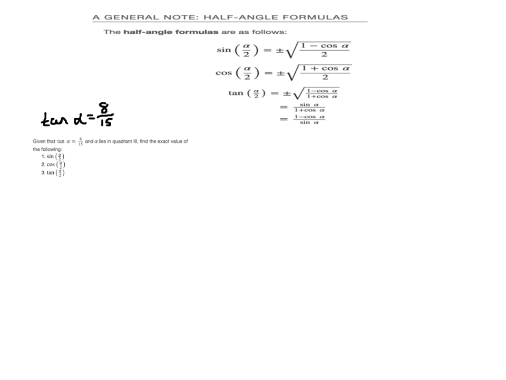Well, all of these formulas that I have, they all deal in sine and cosine, and they're asking me to find the sine, the cosine, and the tangent of the half angle. But all I have is that the tangent of the actual angle is 8/15. So what I need to do is use a right triangle to figure out what the sine and the cosine